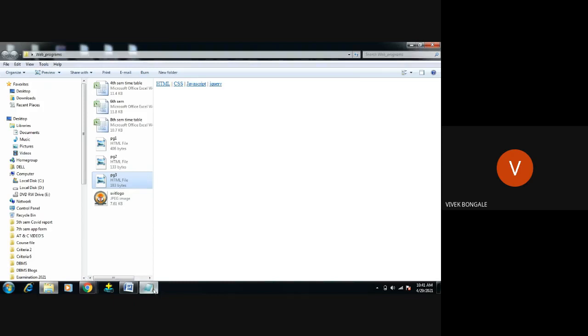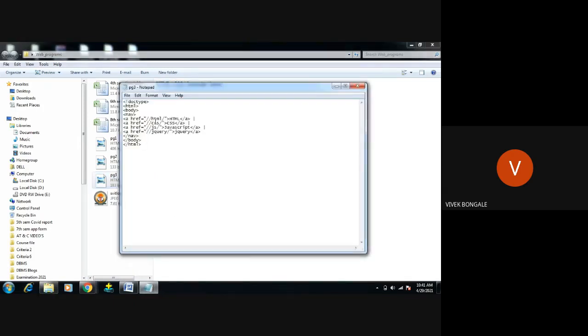Link the document. You know, right? How to link the document? I just gave the HTML, CSS, JS, jQuery. In place of this, you have to give the link. Like the hyperlink we have given like www.site.ac.in. Like that, we have to give the link here. Then it will open. Correct?